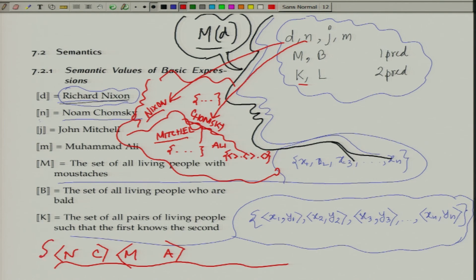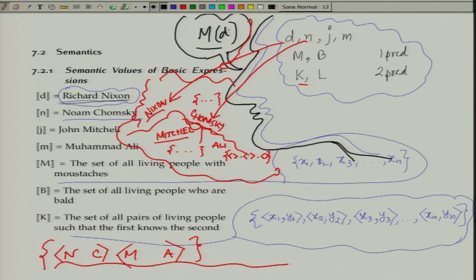All these things once again will define another set, and suppose nobody else knows anybody else in the system. So once again you see it is another arrangement just of individual objects in the reality, nothing more than that. So the red part is our model,